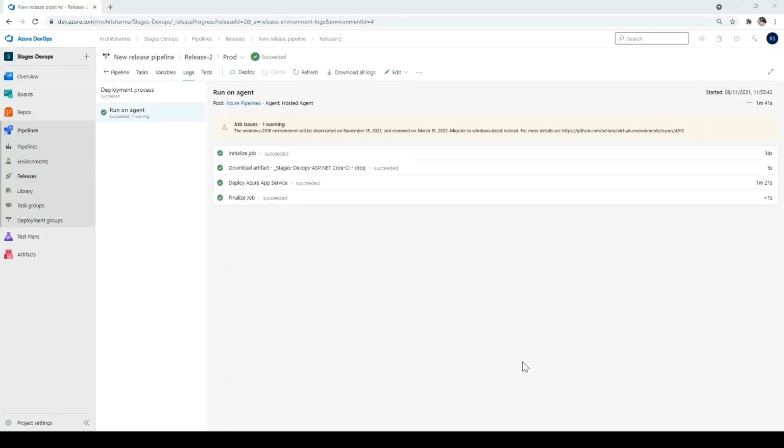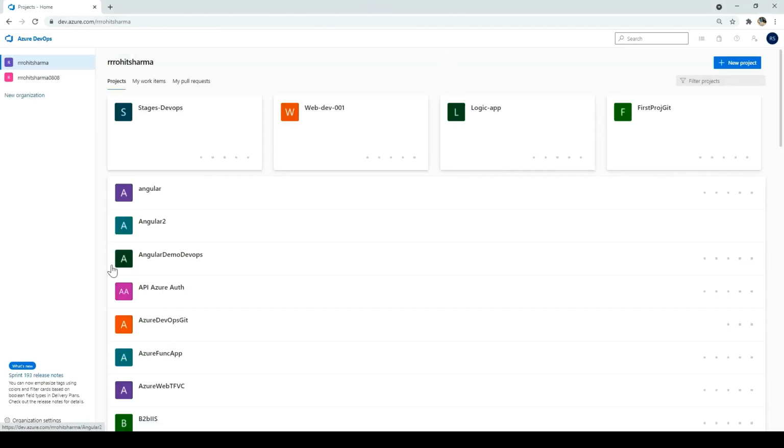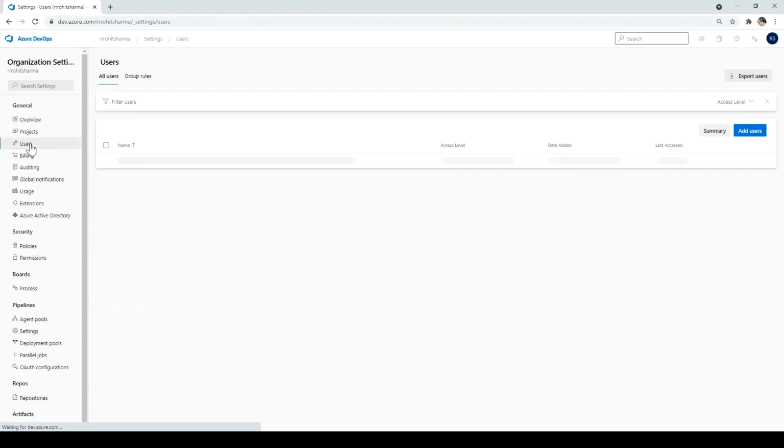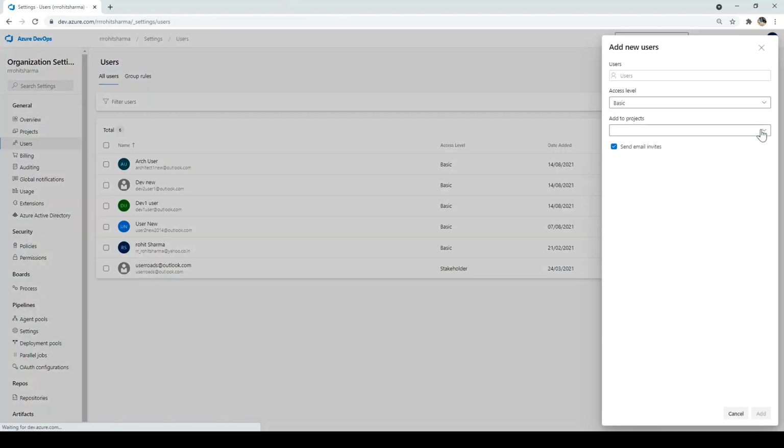So let's go and see how we will be adding the approval process. For the approval process, we have to add a few users into the application. For that, I'll go to the Azure DevOps, and I'll click on the organization settings. Then I'll click on users, and then click on add users. And here I have to add a few users. I already have the user IDs here.